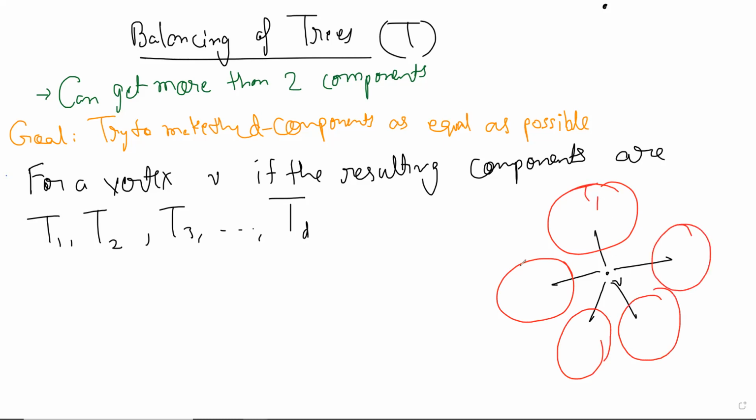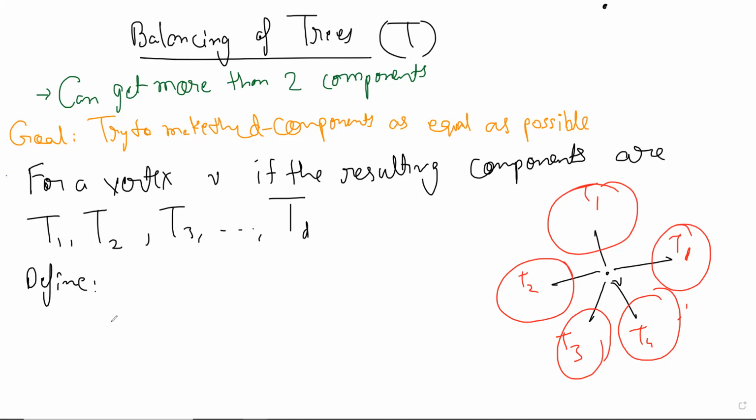And this will be our T1, T2, T3, and so on, TD. So for a vertex V, if the resulting components, which will be trees, are T1, T2 to TD, then define,